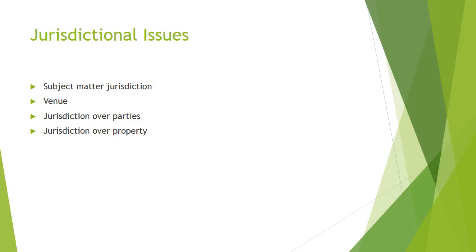Now, children are another story. For now, we are focusing on jurisdictional issues that relate to the property. Children have another set of jurisdictional issues that we'll talk about in another lecture. Fourth, there is jurisdiction over the property. If both parties are before the court, meaning that there was proper jurisdiction in the first place, that's no problem. The court can take care of everything.